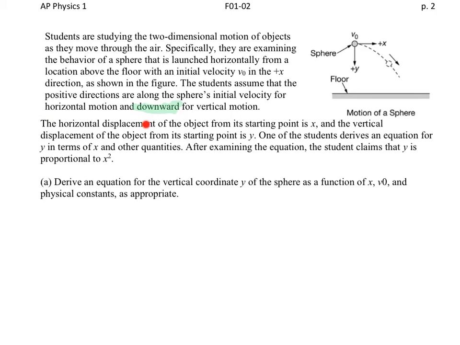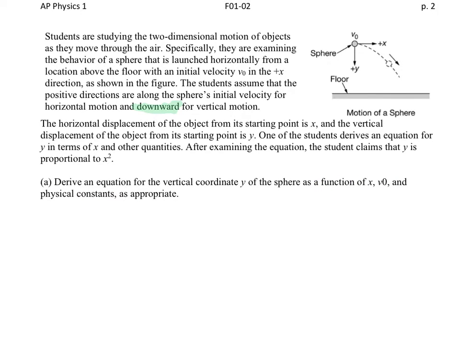The horizontal displacement of the object from the starting point is x, and the vertical displacement of the object from its starting point is y. One of the students derives an equation for y in terms of x and other quantities. After examining the equation, the student claims that y is proportional to x squared. Part A. Derive an equation for the vertical coordinate y of the sphere as a function of x, v0, and